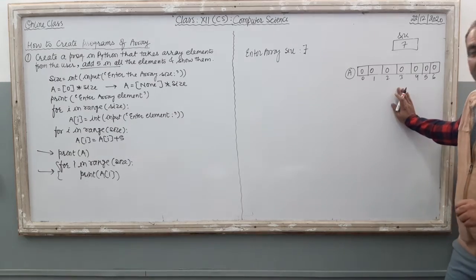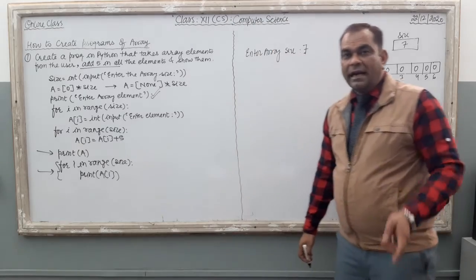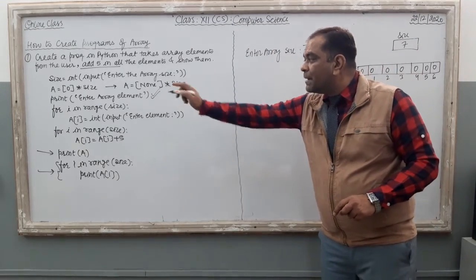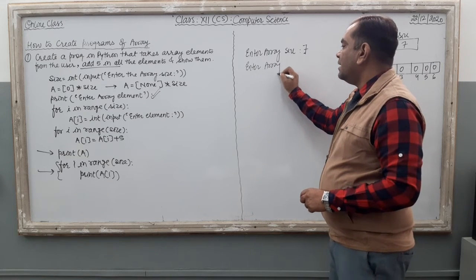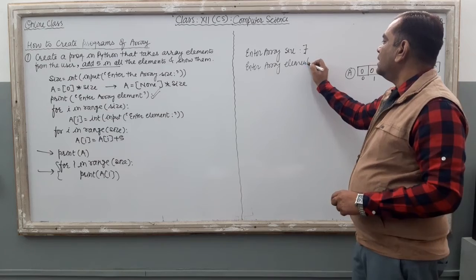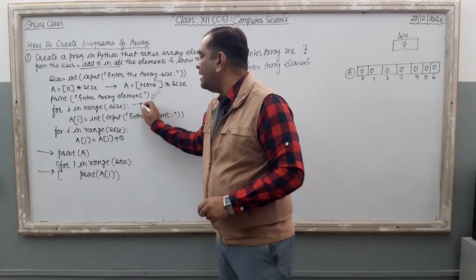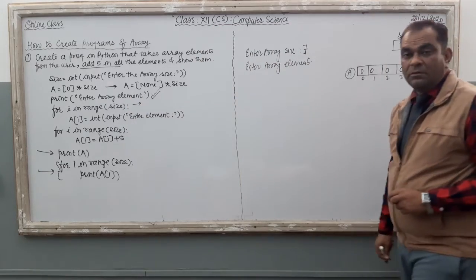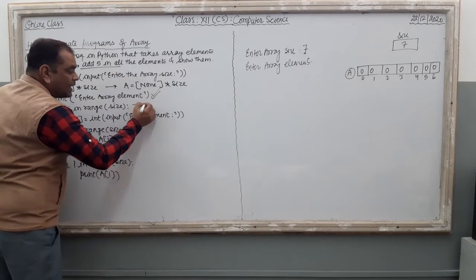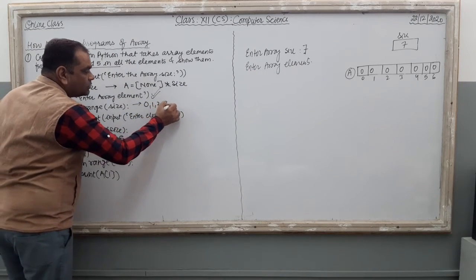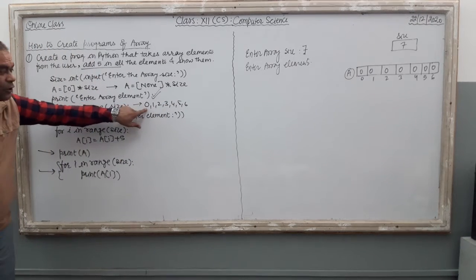Now, the third line will be executed on the computer. It will be there on the monitor because it is a print command. So the message is there, enter array elements. Now, just after the execution of the third line, the computer enters this for loop: for i in range size. The value of size is 7, so the series is 0, 1, 2, 3, 4, 5 and 6. Clear? For loop takes 0 very first.